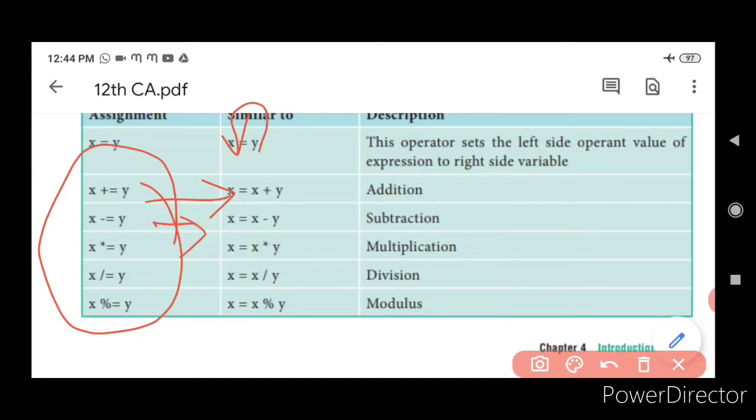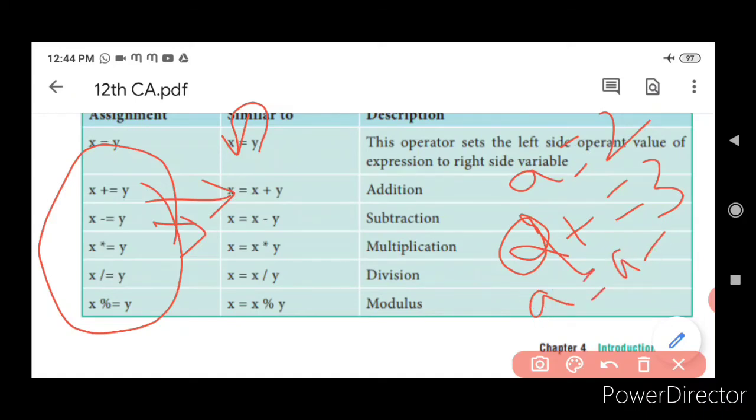Say for example, 2 += 3. What does it actually mean? Not like this. We will write it like this: a += 3, and let us write a = 2. Fine. a = 2, and what am I doing? a = a + 3.